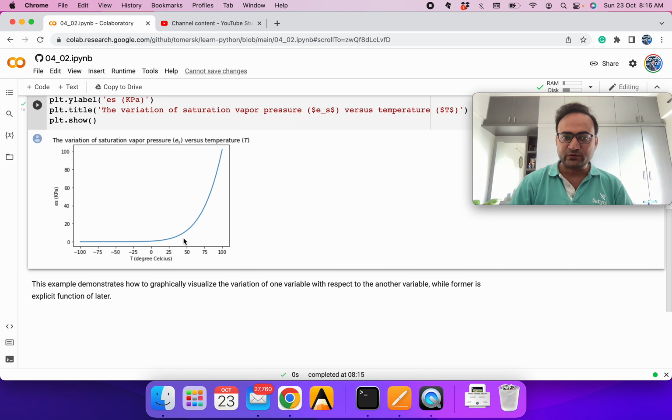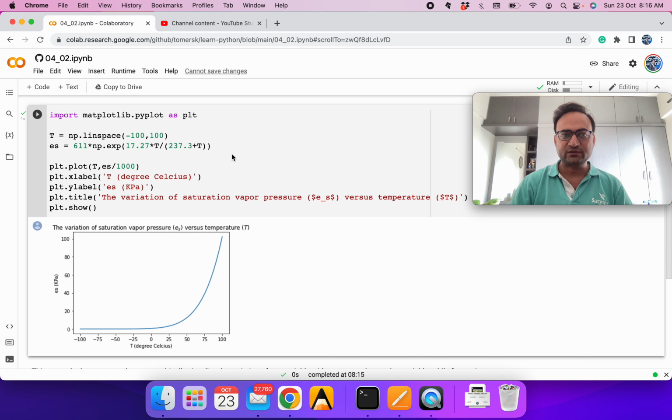Remember, though it's being plotted as a line, we know we have computed values at 50 intervals. If we want to plot those intervals, we can define some symbol also. One dash means it's a dashed line. No, it's a continuous line, and then you can put some star, so it will make a continuous line and stars.